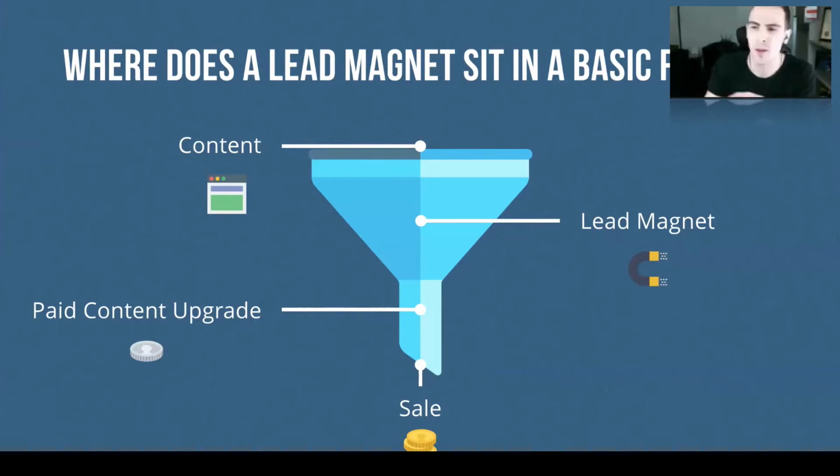But you don't need to worry about the paid content upgrade. If you can get people into your sales funnel, into your email funnel with your lead magnet, and you can build a relationship with them, it's going to be a lot more likely that they're actually going to end up getting your course from you. I'm also seeing a bunch of comments coming through from you guys,